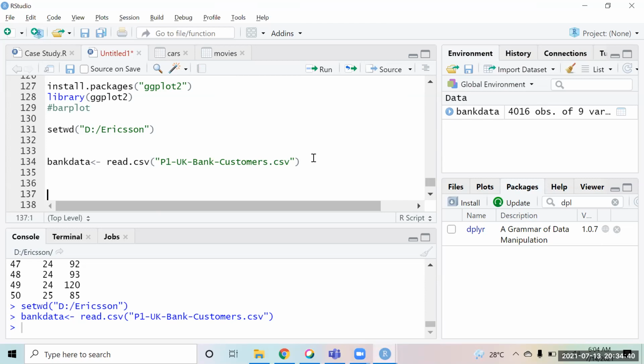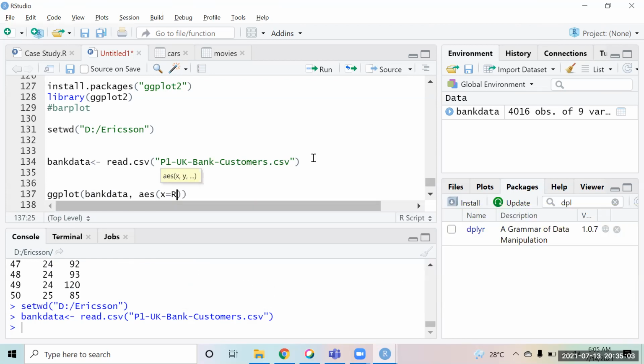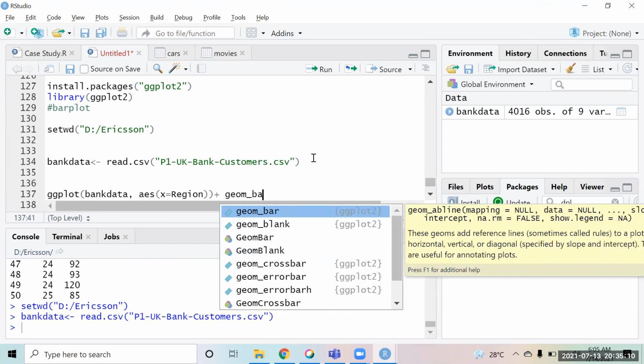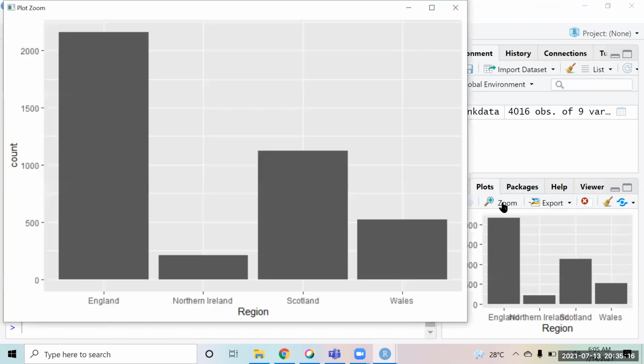So see, what I'm going to do over here is I'm going to create a normal bar plot, right? So I say ggplot, the data set, see everything, the syntax and everything remains the same. I say that I want to use bank data, aesthetics. I'm saying X equal to region. On the x-axis, I am saying region plus geom underscore. I'm going to now make a bar chart. So you have geom underscore bar, and you will see a bar chart will be created right away.